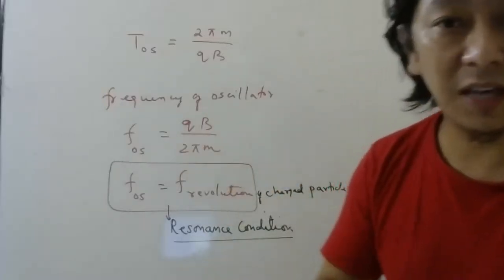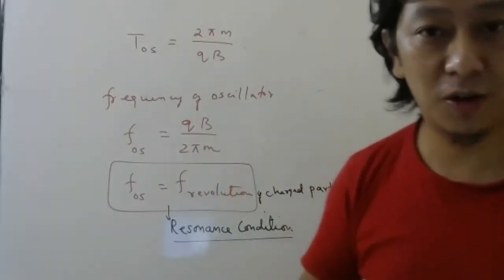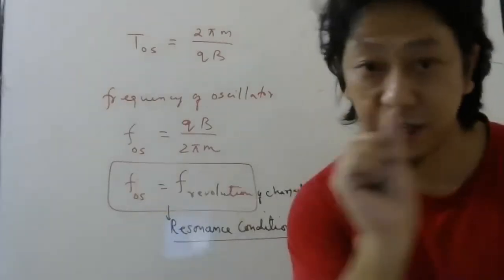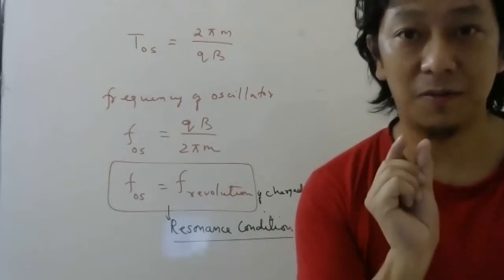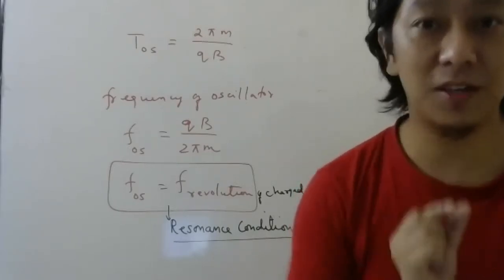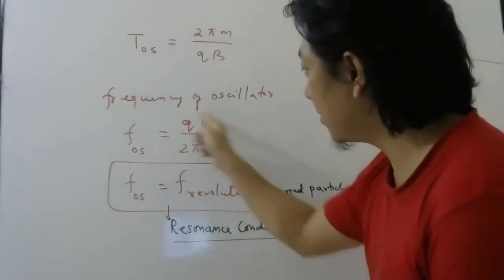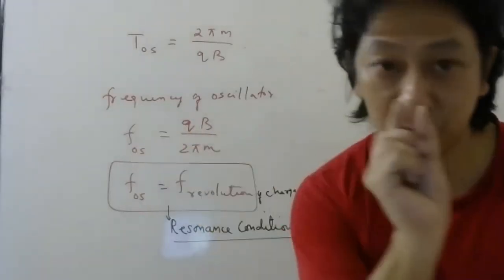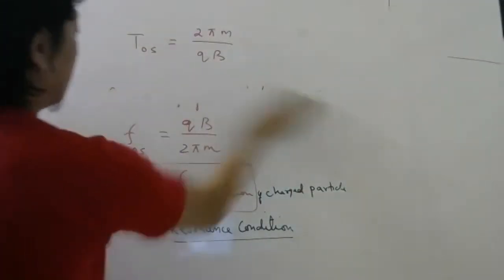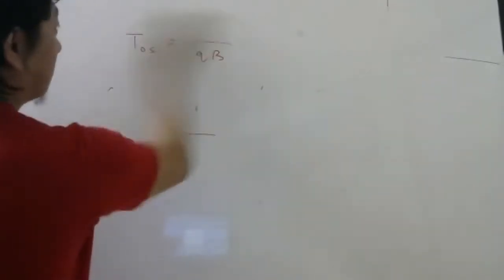So if it comes, let's say 10 to the power 2 hertz or 10 to the power 3 hertz, then you have to adjust the frequency of oscillator to that value. So in the oscillator, there will be some knob by which you can change the frequency. So by calculating this, you can find what should be the frequency of oscillator. Okay. Uses I told you already.